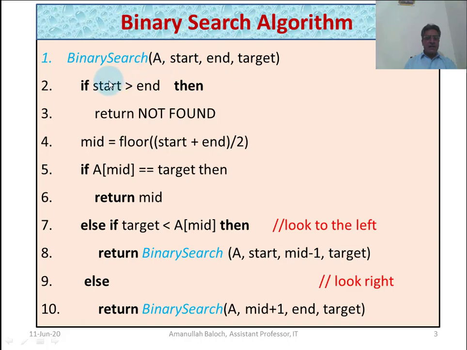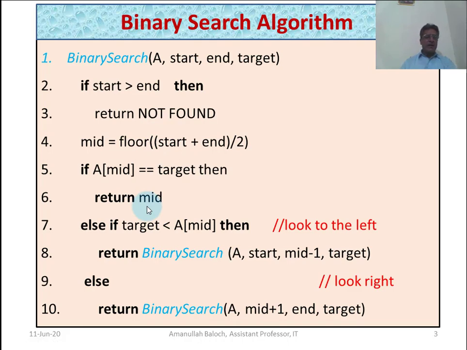Here the computer will check whether start 1 is greater than 0. Yes, so it will return the message that the value is not found. It means if there is only one element in an array, then the computer will start from here and execute the binary search algorithm once and will not proceed onward.